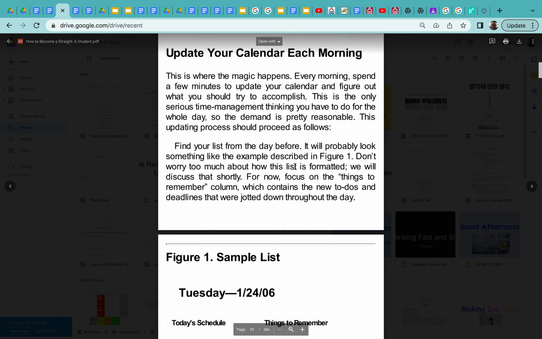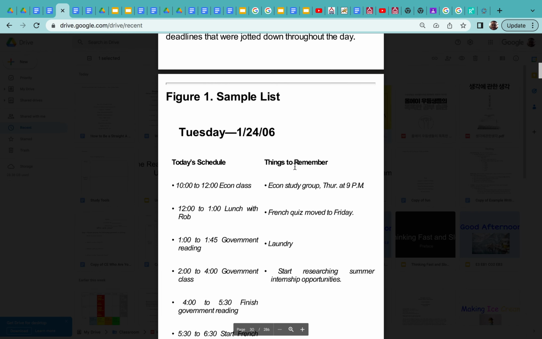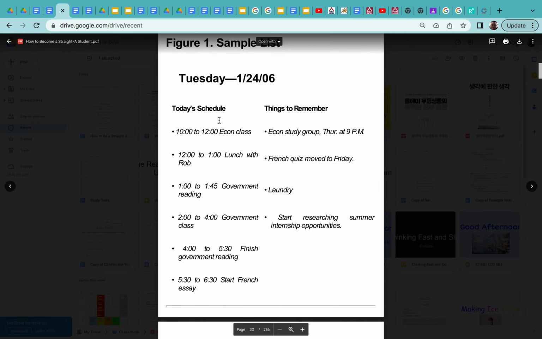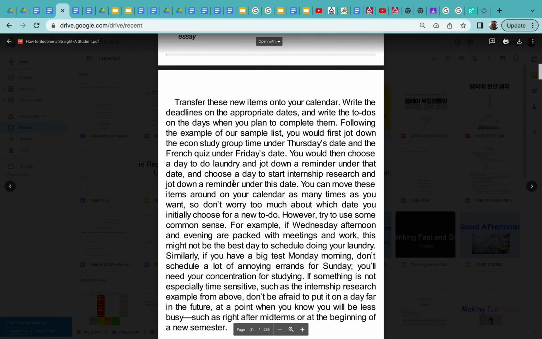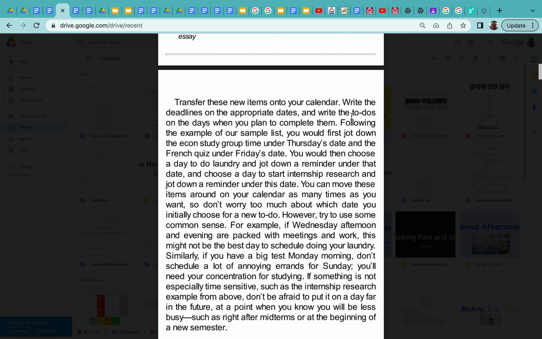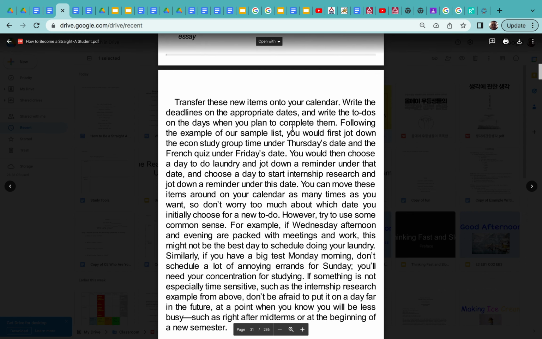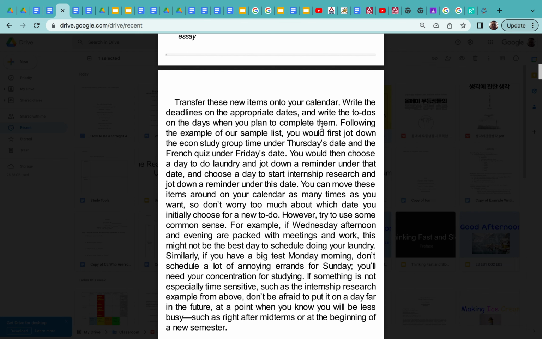Copy it if you need to, or write it out. Here's an example. This is what you should do. Now transfer the data onto your calendar. Write the deadlines on appropriate dates. And write the to-dos on the days when you plan to complete them. Okay?